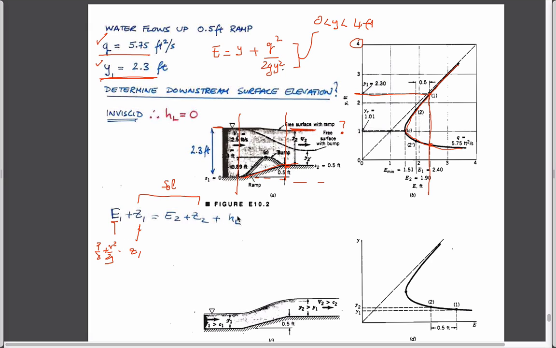And whatever the head loss is within the system. So we'll take this head loss to be equal to 0 in this case, by definition. So the fact that we're going up from Z1, which is equal to 0, if we take this as our datum here, the fact that we're going up to a new height, Z2, which is equal to 0.5 feet,